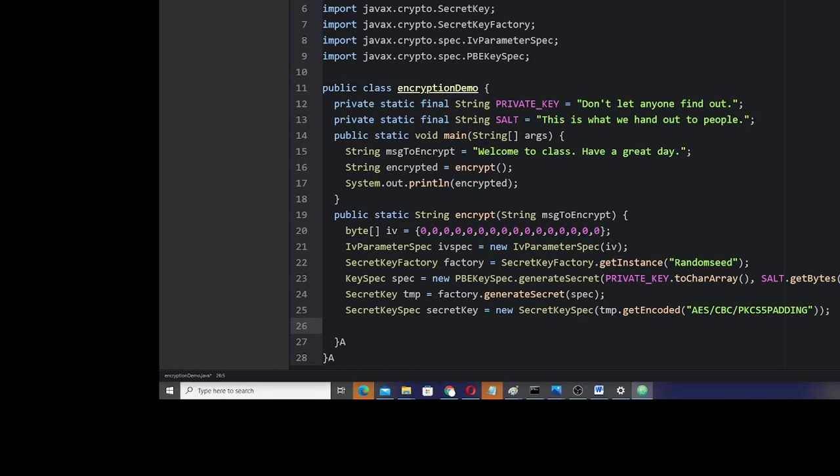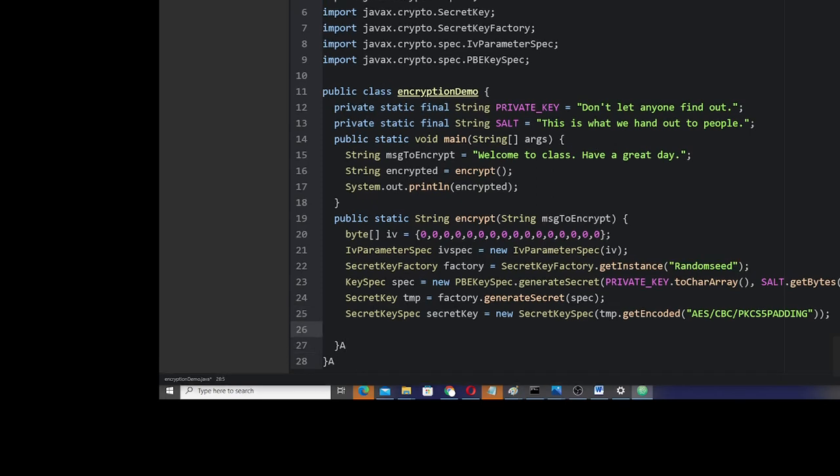all that we do for the rest of this is create the cipher that actually does the encryption and takes the plain text to the encrypted text. So Cipher, and then we'll just call it cipher. And then we want to use